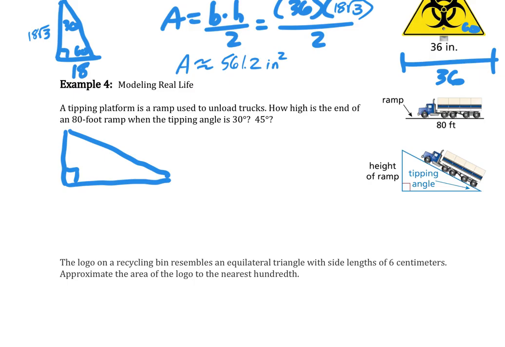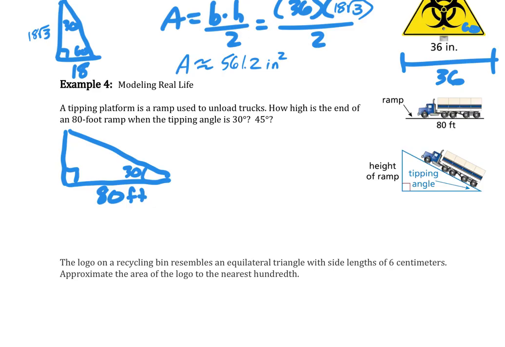Okay, so the angle that the truck is going up. So what it's telling me here is that the horizontal distance here is 80. If the truck was just to go straight ahead, he would be driving 80 feet. Okay? If the ramp comes up at an angle of 30 degrees,